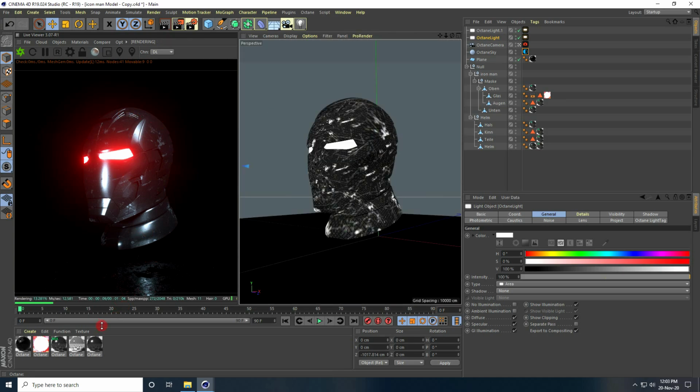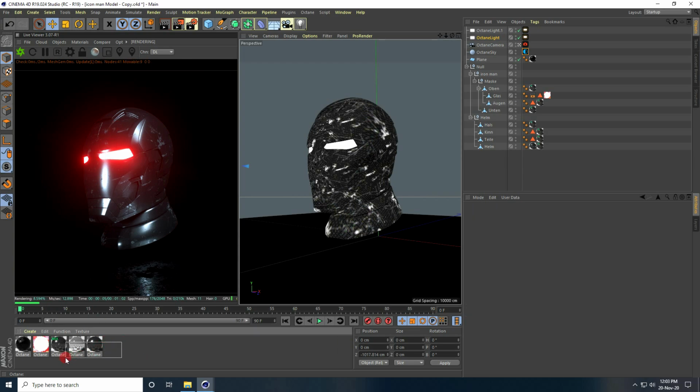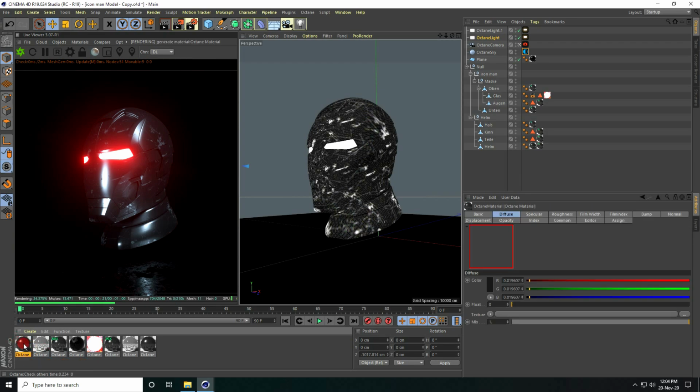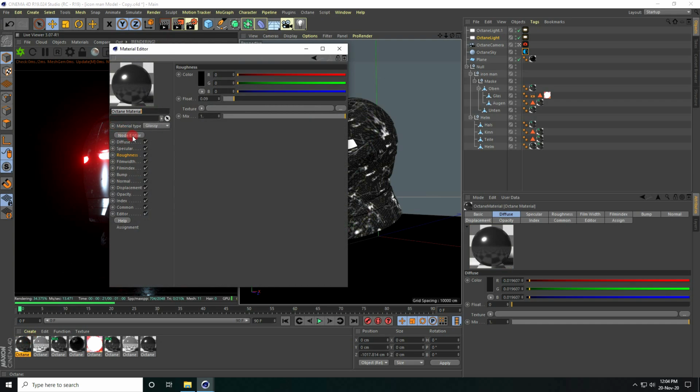And now I show you how to create the second one. Select this one material, that's my octane scratch material, and copy, press Ctrl C and V. Yes. And now select this one, open. I change diffuse color, diffuse, and open. I take grayish color, light gray.